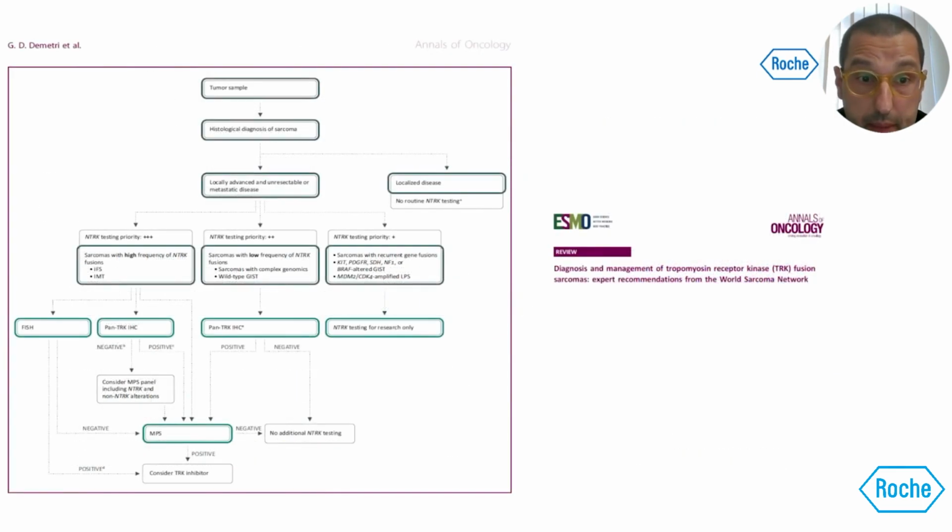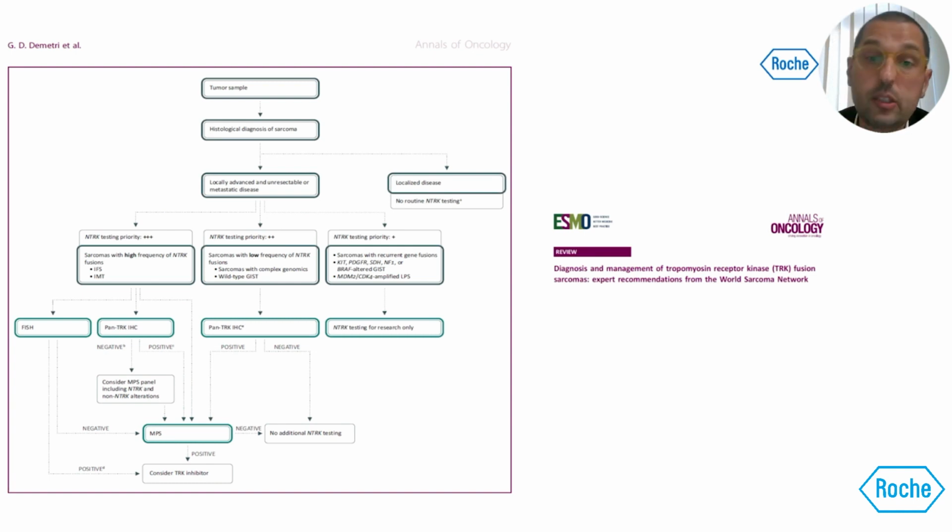And this is a recently published, very important diagnostic algorithm for identifying NTRK fusions in soft tissue tumors, provided by the World Sarcoma Network Group. You can see that this identification is mainly for locally advanced, metastatic or unresectable soft tissue tumors, and they prioritize soft tissue tumors into three categories: those with a high frequency of NTRK fusions, those with a low frequency, and those with a low priority, which are the tumors that are less likely to exhibit one of the